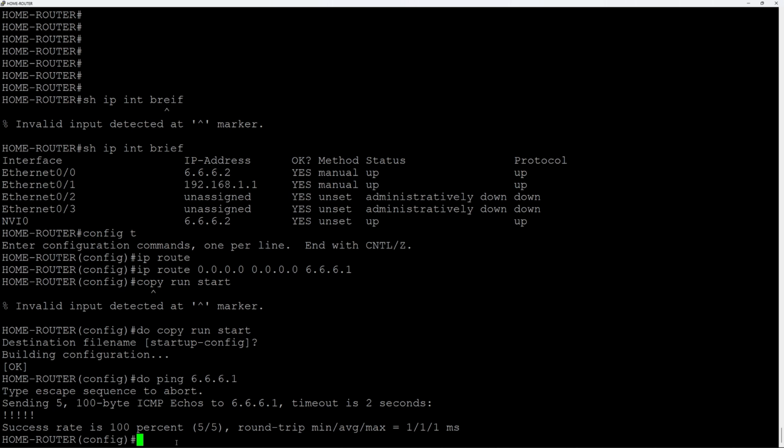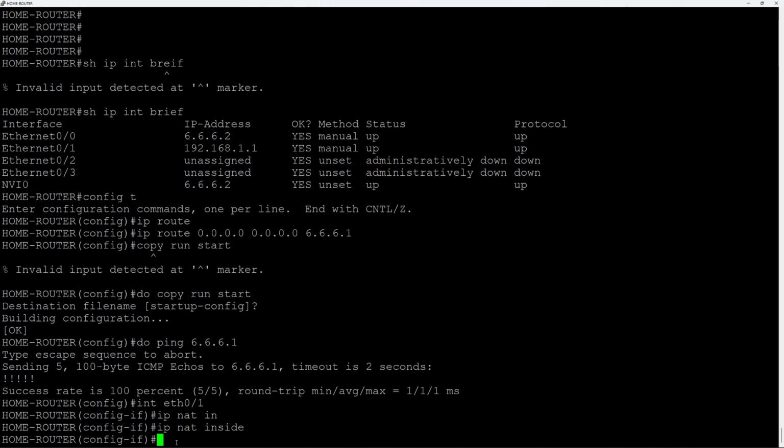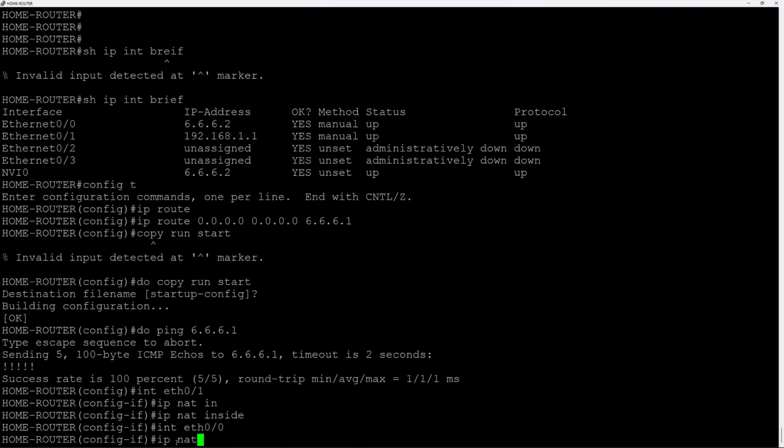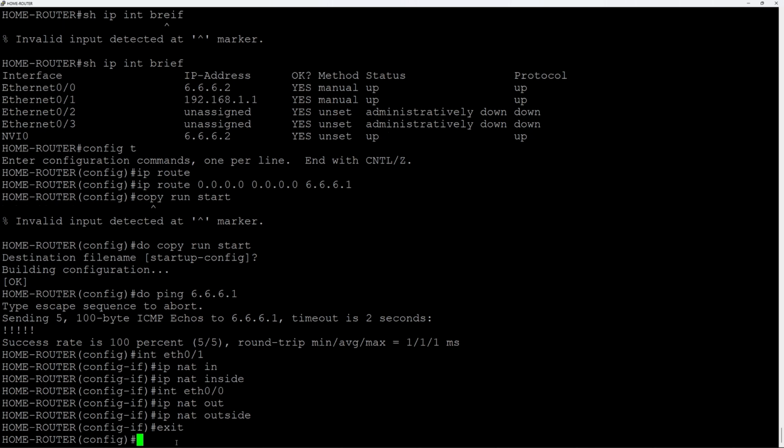So let's do that. I'm simply going to say interface Ethernet 01 where my private is, and say IP NAT inside. Now I'm not going to go into great detail about this because I'll do NATing in another lesson, but I'm just going to quickly do this so that you can see that it works. Then I'm going to go to interface Ethernet 00 and say IP NAT outside, and then in my config, IP NAT